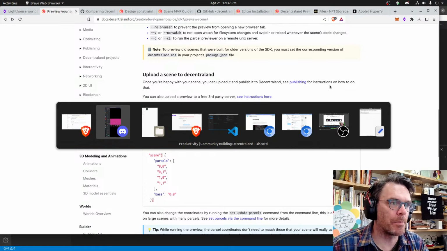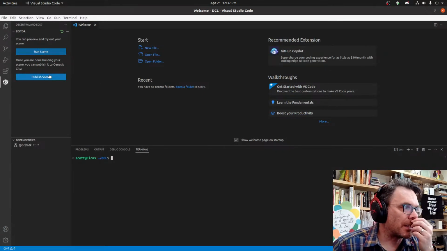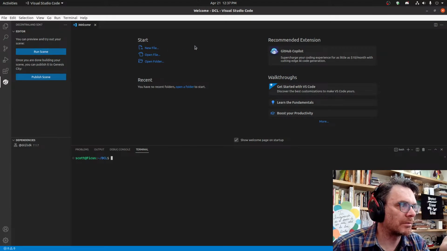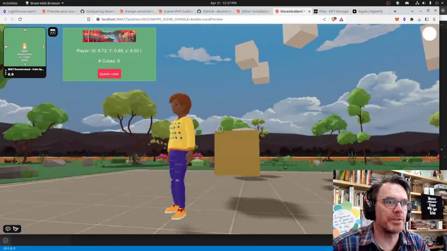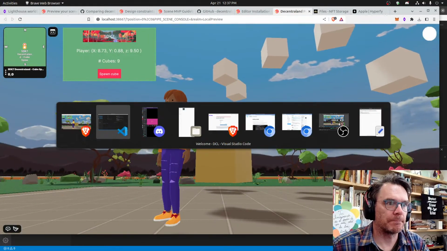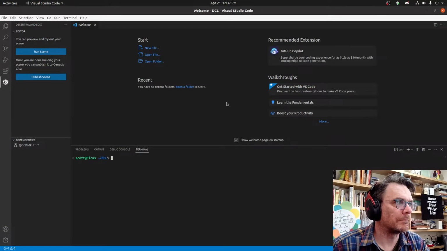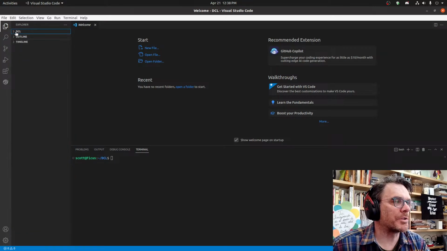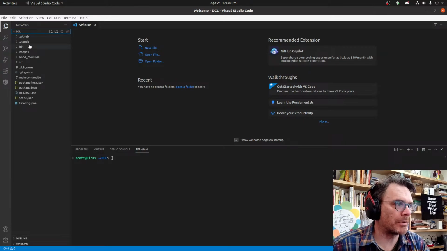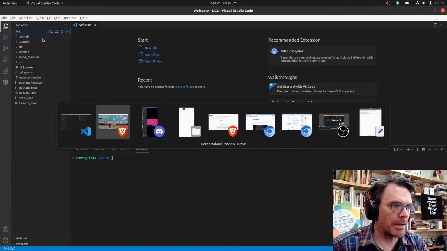Okay, so I want to go back into Visual Studio Code, and I want to find that cube spawner scene that we've got. You're looking for your files. Yeah, I'm looking for the files for this scene. Okay, so back in VS Code, there's a little icon in the top left, under File, the File Explorer, and that's where all your files for that folder are. This directory, this folder, DCL, is the one that you saw me create at the beginning of this. So here's all the files. Now, if I go back to the documentation,